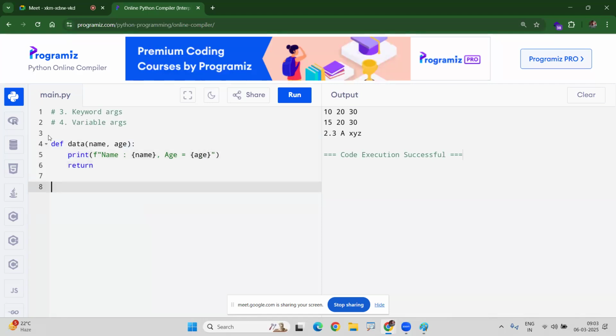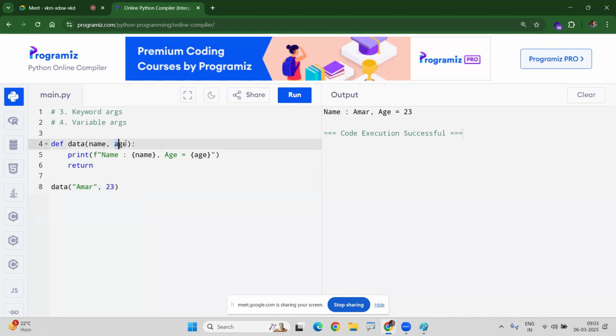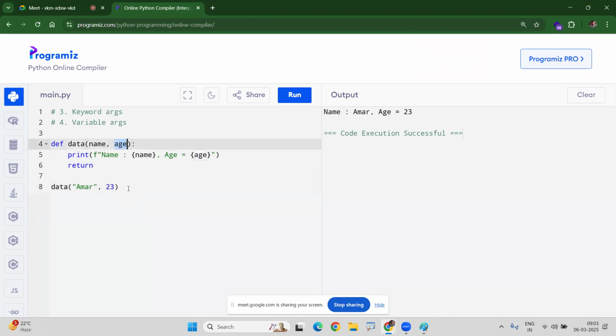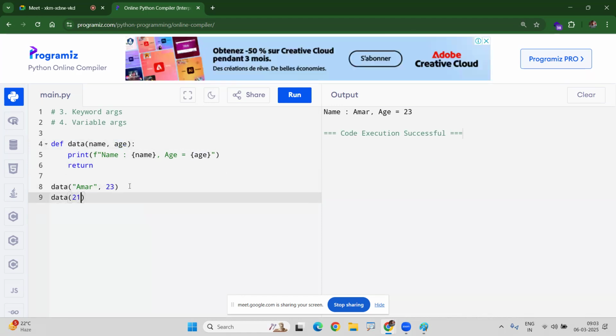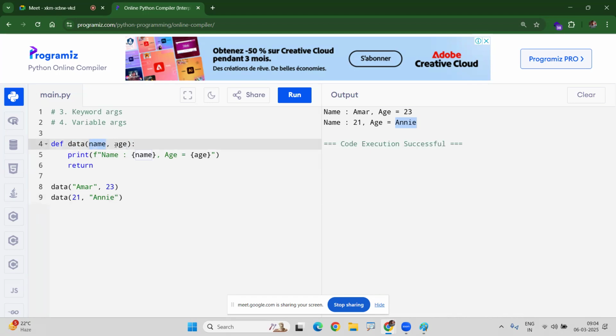So when you are executing that, I'm passing name and age. Amar will go and store into name, and 23 will go and store into age. Second time, suppose I pass age first, and next I pass the name. So what will happen? Name is 21, age is Annie, it is printing like this. So when we don't know the order,